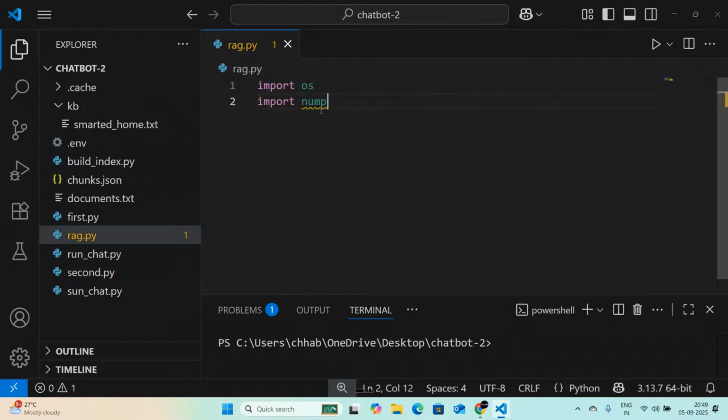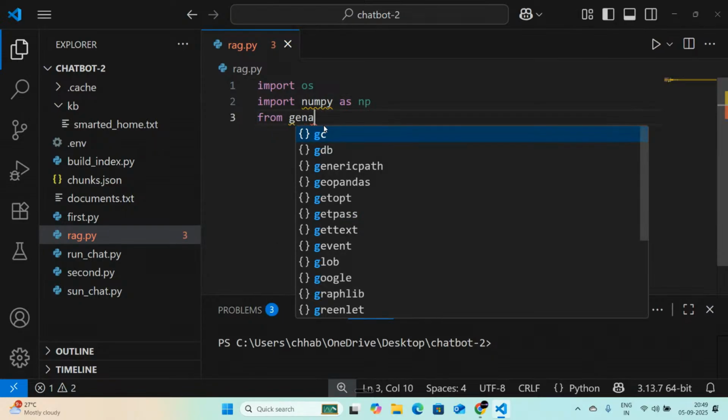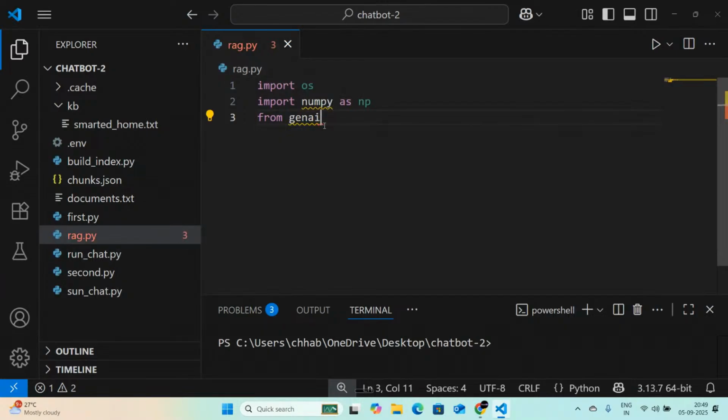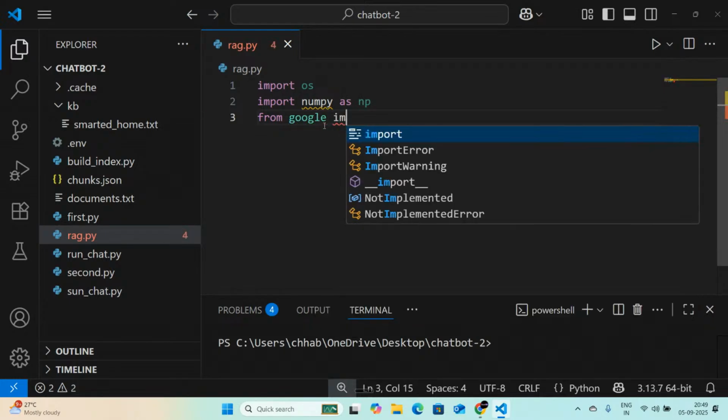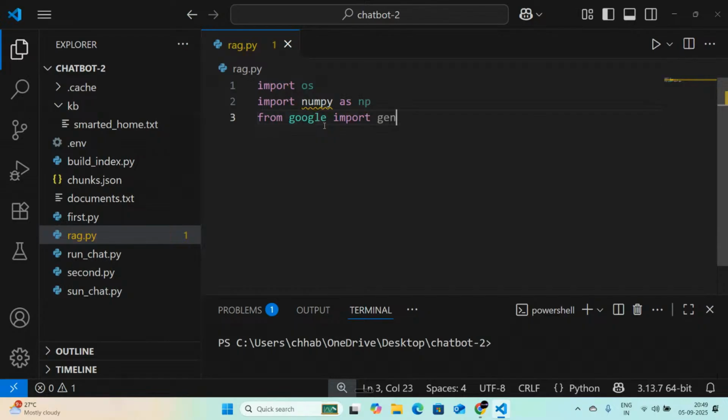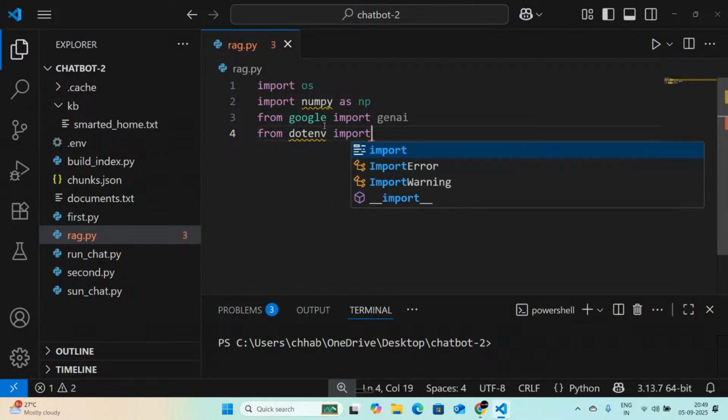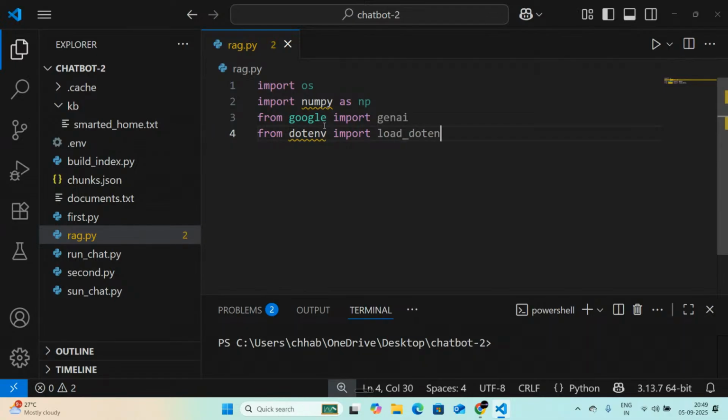Import numpy as np. You will know why all these things are being imported and where they are going to be used. Just import them for now. From google, not genai, from google, import genai, and from dotenv import the function load_dotenv,